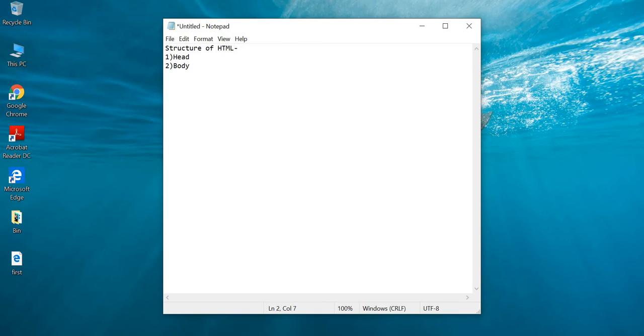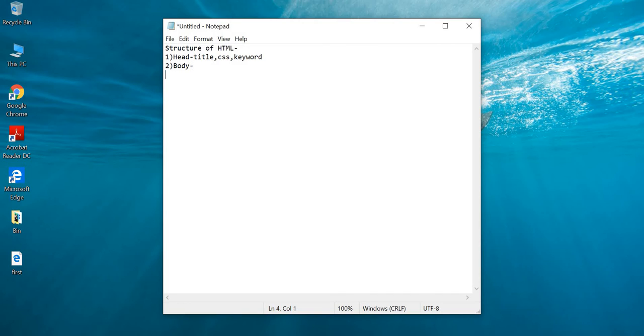Inside the head we give the title of my web page. As you can see here, Untitled Notepad, this is your title. We can give a title, add CSS and many keywords in this head tag. And in the body we add whatever we want to display on the web browser.